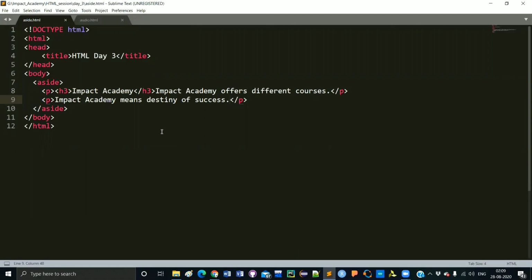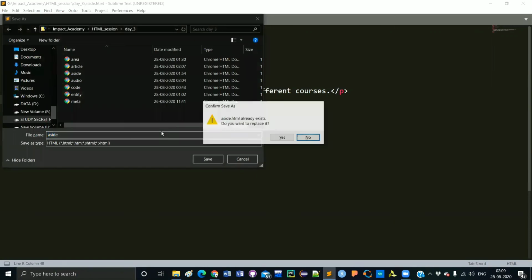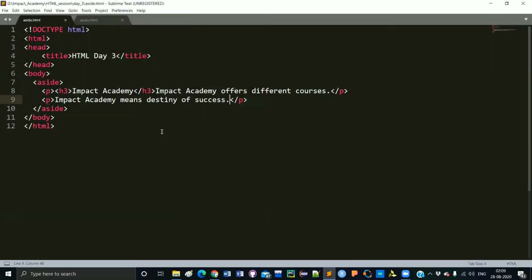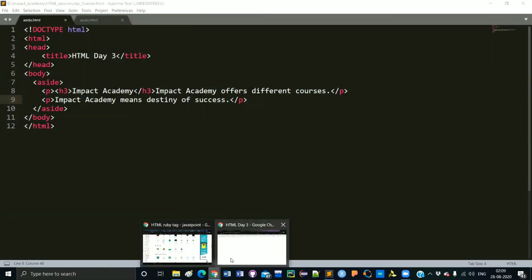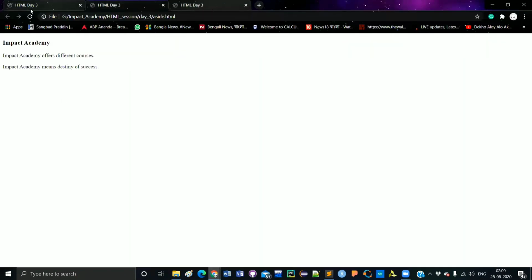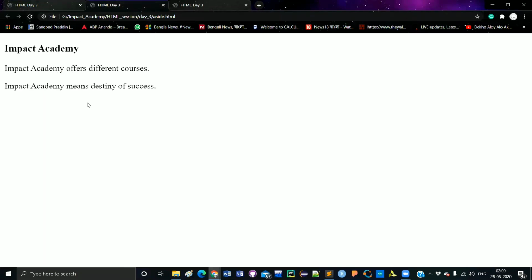You cannot understand it unless you first run the code. You can see that here the main focus is Impact Academy.